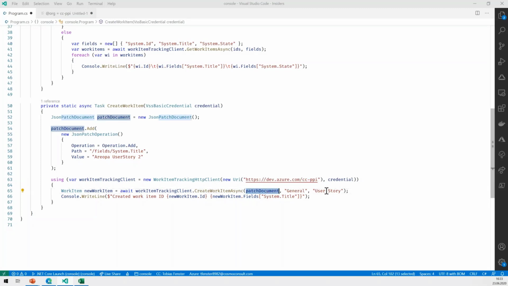We need to give it the team, and we need the project, and we need to give it the type, in that case a user story. And then as a result, we get a new work item back, as you can see here. And I just output the ID and the title that was created. So if I save that one and run it,